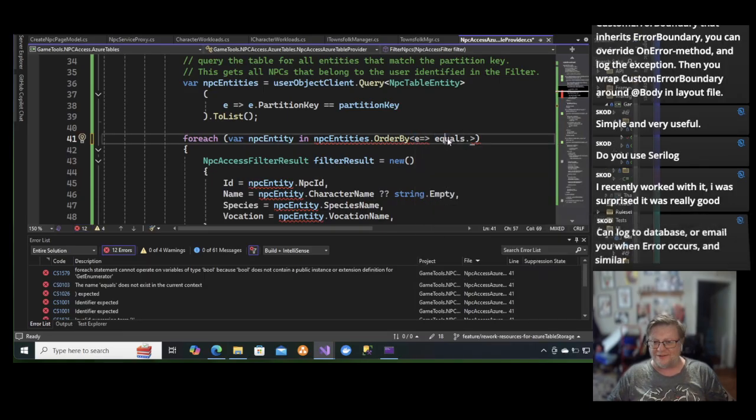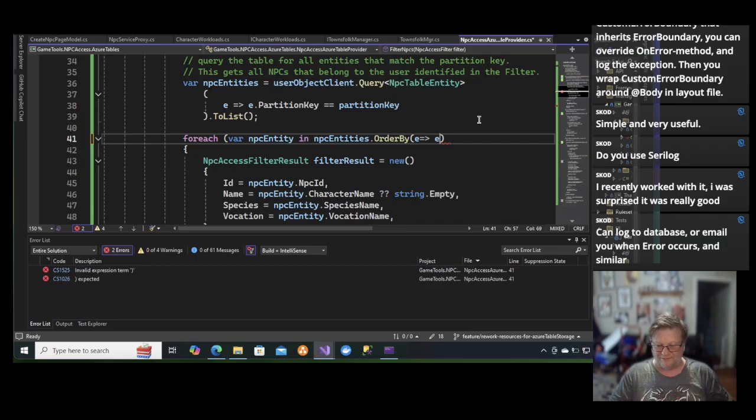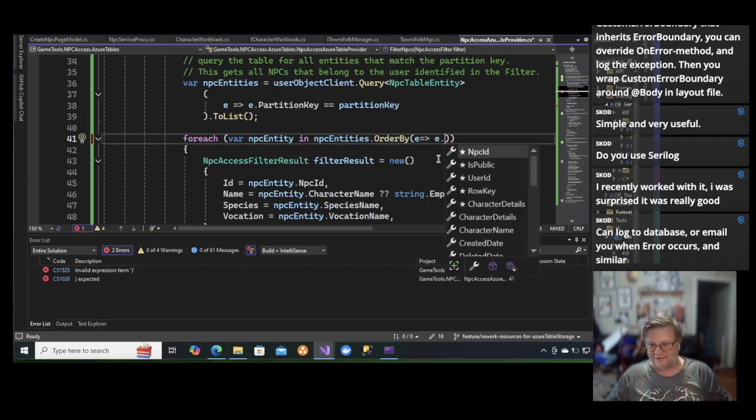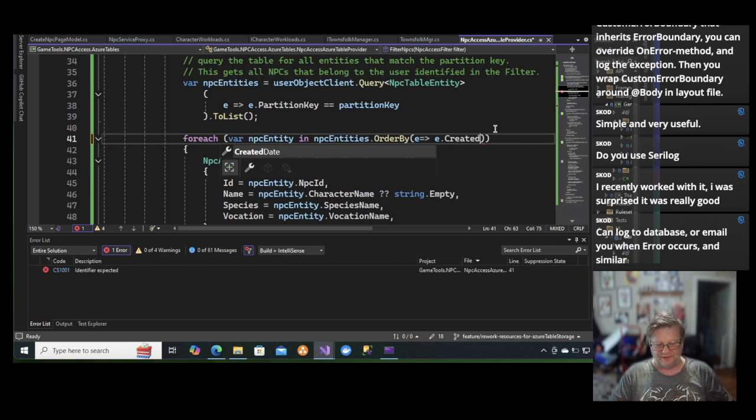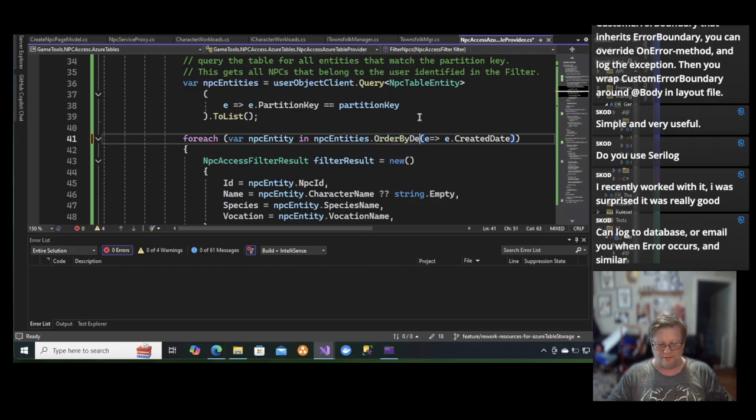Sometimes IntelliSense and Copilot are a little bit too smart for their britches. And sometimes I am not. E dot created date, but I want it order by descending. There we go. Yeah. Serilog's really, really nice. I still need to figure out